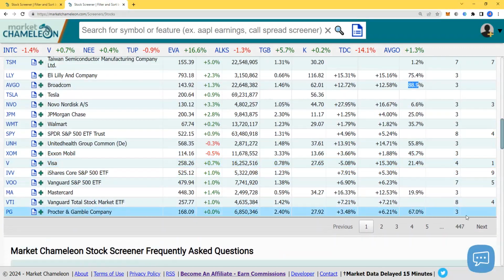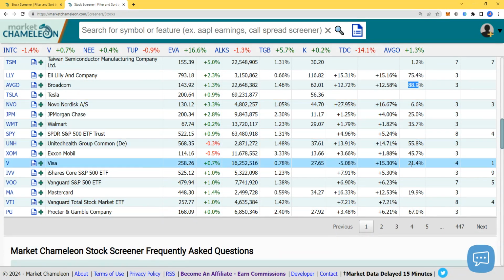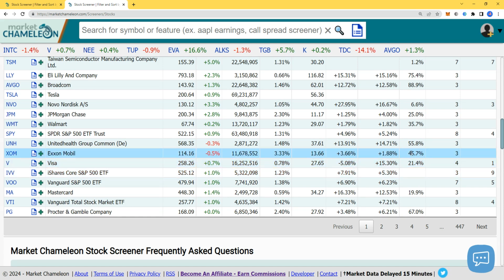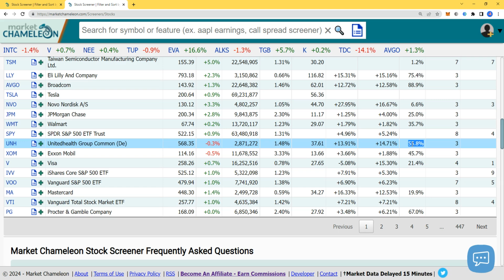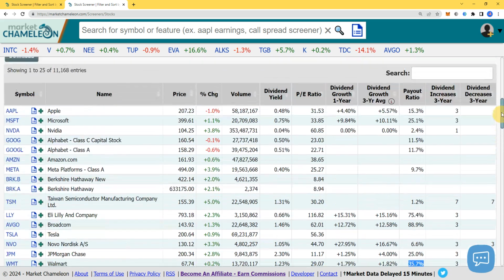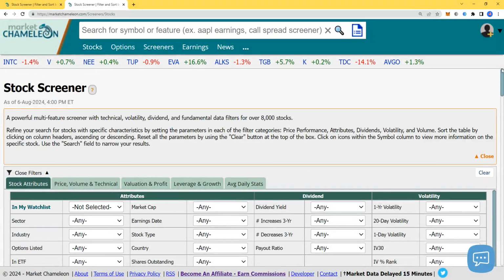And you can go over all those pages and see. Visa does pay 21%, so that's healthy. IVV doesn't pay. That's the one after that. ExxonMobil 45%, United Health Group 55%, JP Morgan 25, Walmart 35. Those are all healthy ratios. And as you can see, those are companies that have been here forever and plan to be here forever. And the dividend is so far safe because they still have room to grow, expand the company, and grow their